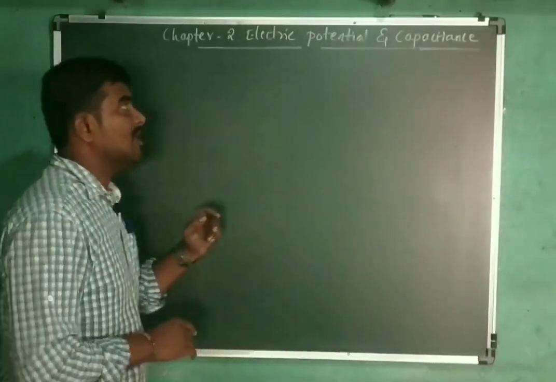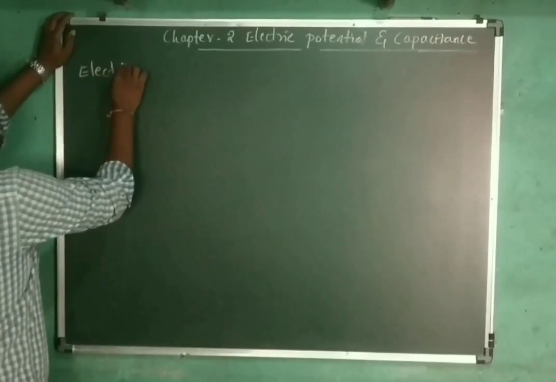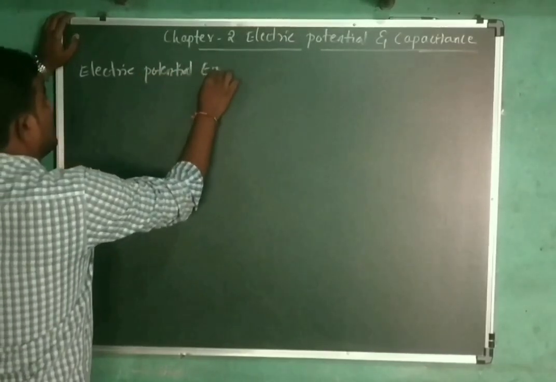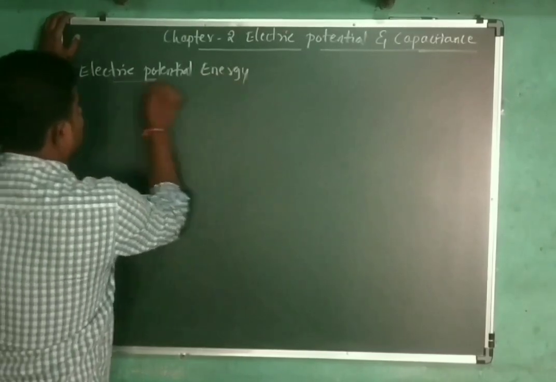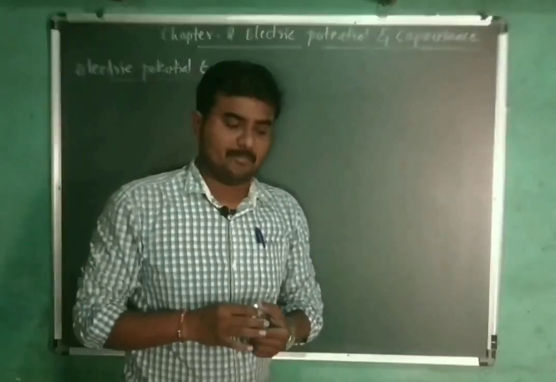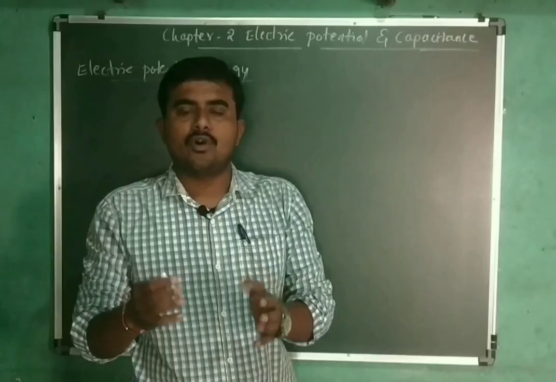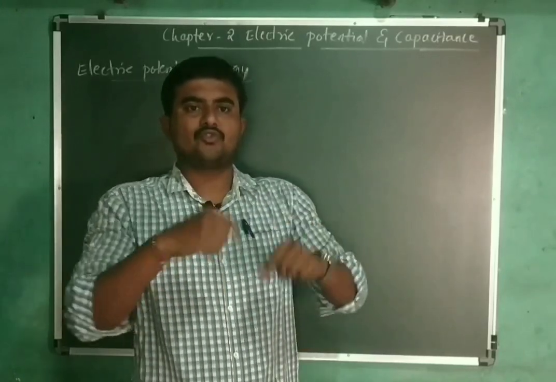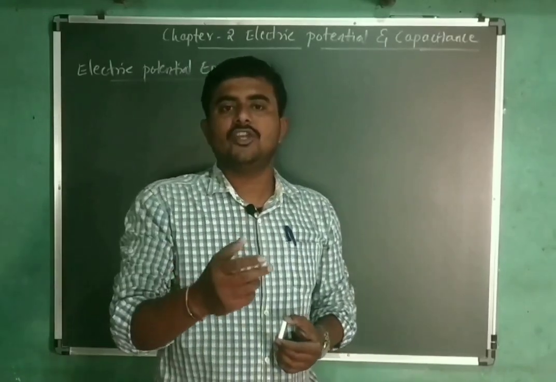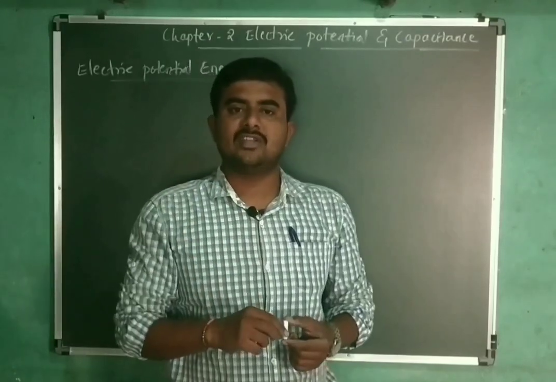So let us begin our discussion with electric potential energy. As you can observe, potential energy is there. Potential energy means stored energy, or it is gained energy. Whenever a body does some work against any field, it will store certain energy, and that energy is called as what? Potential energy. If a body does some work against the gravitational field, then